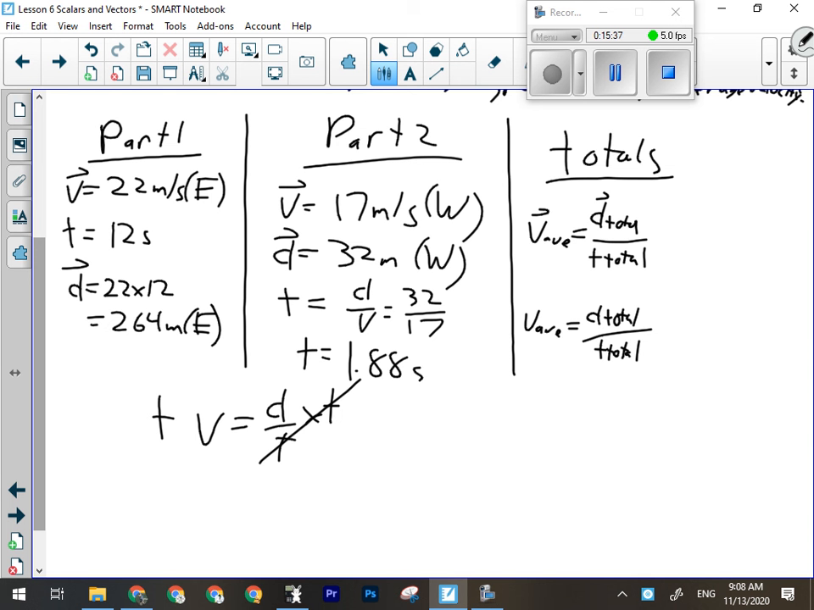All right, so now that I've got those numbers, I want to calculate my average velocity. So average velocity means I take 264 meters east and I add it to 32 meters west, which doesn't look like adding, it looks like subtracting. So 264 minus 32, divided by 12 seconds plus 1.88 seconds. And again, I'm going to keep all my decimals for that one. I'm going to plug them all in when I do this. All right, so my average velocity